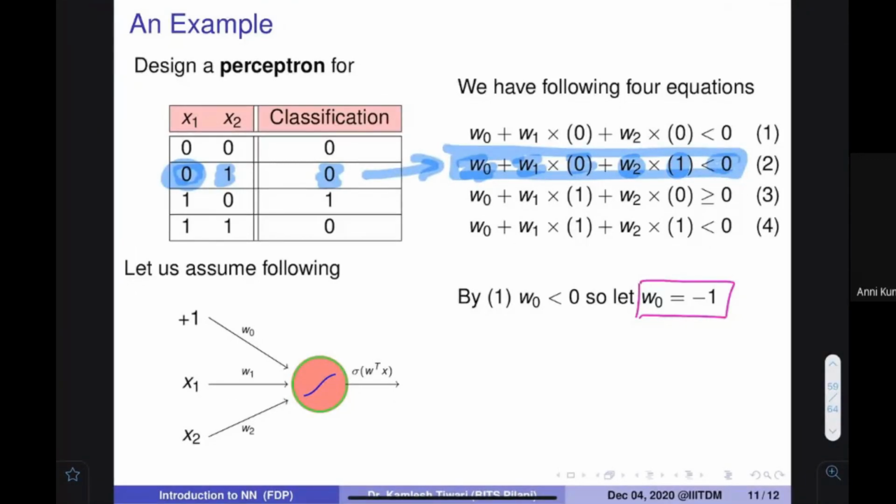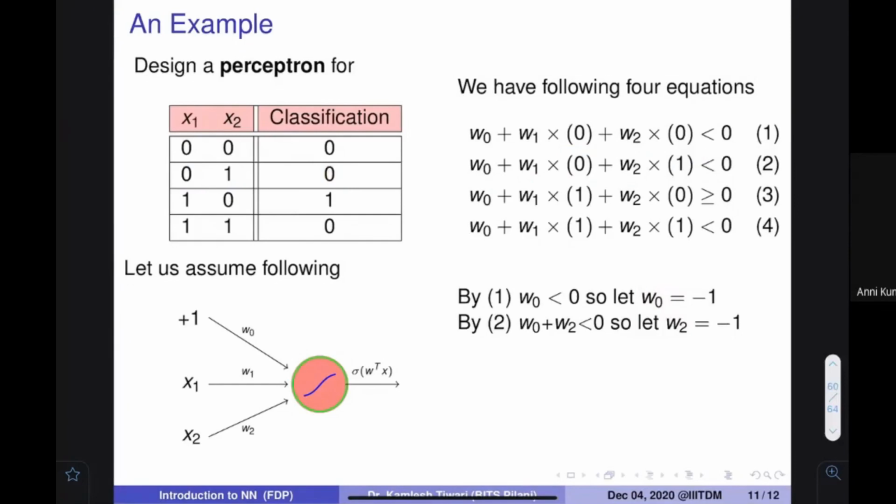If you write this equation, because of 0, this goes away. So W0 plus W2 is less than 0. So what should be the value of W2? You pick any value. Yogini is telling -5. That is also perfectly fine. I am just taking some value. Let's assume that W2 is equal to -half, because the summation of these two should be less than 0. And the W0 is -1 we have taken. So I can take W2 is equal to -1. That's fine. Make sense?